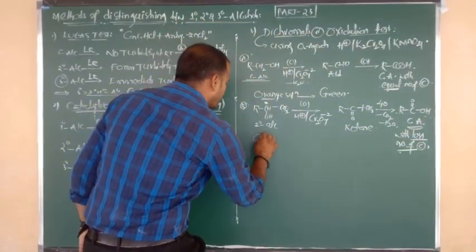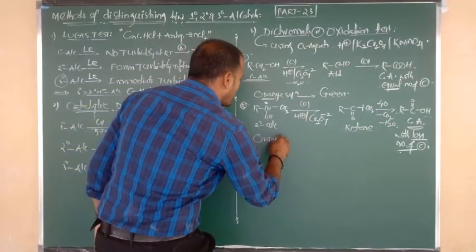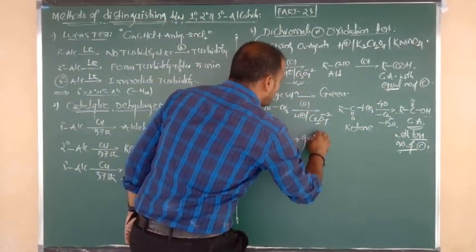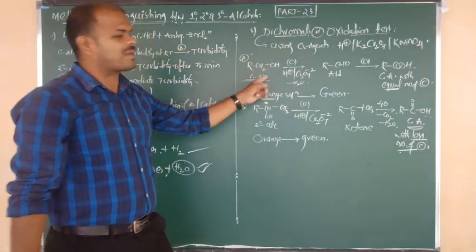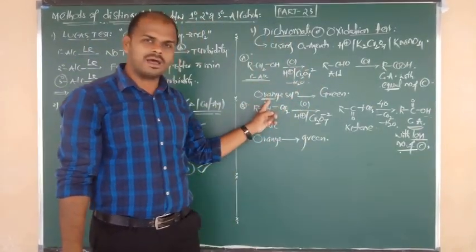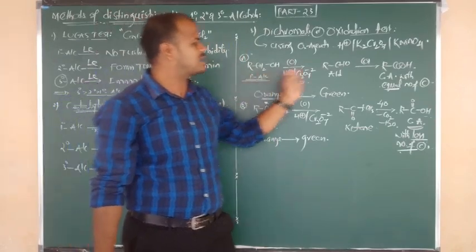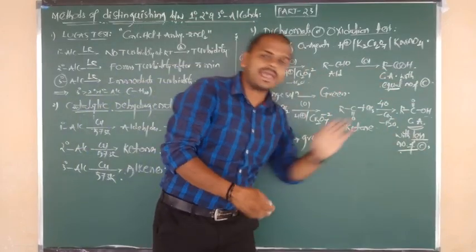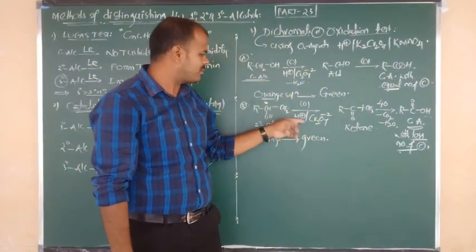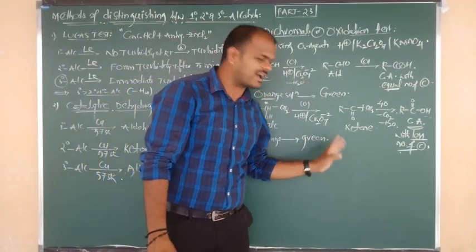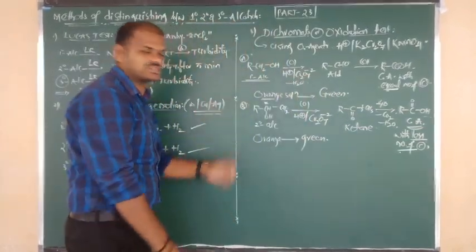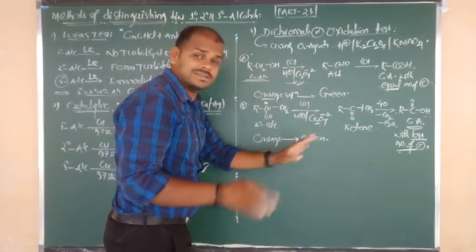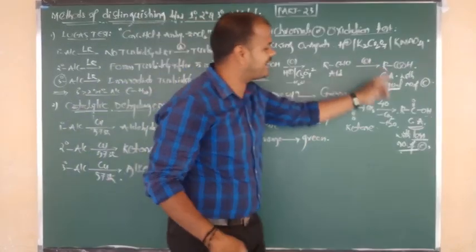Good. Again the same thing, note the points. The potassium dichromate color is nothing but what, beta? Orange color. Here also, the final products are carboxylic acid, which means the orange color changes into green. So in the case of primary alcohols, the potassium dichromate solution's orange color changes to green because they change into carboxylic acid. If alcohols change to carboxylic acids, automatically the potassium dichromate orange solution changes to green color. Try to remember, it is important for objective questions. Good. But what is the difference? In the case of primary and secondary, orange changes to green. This is common, because in both cases you are getting carboxylic acid.